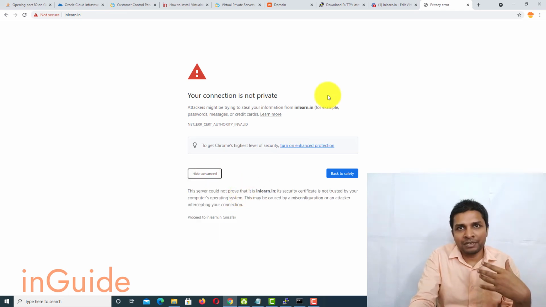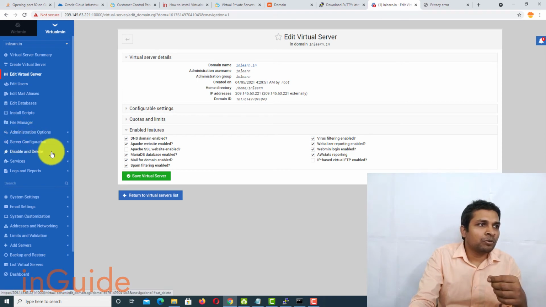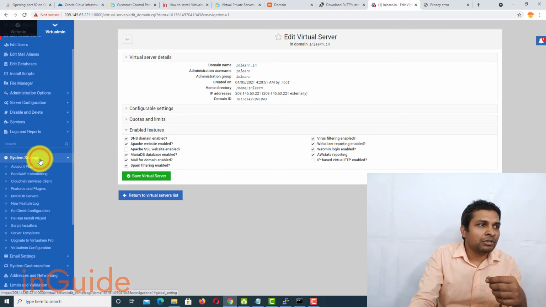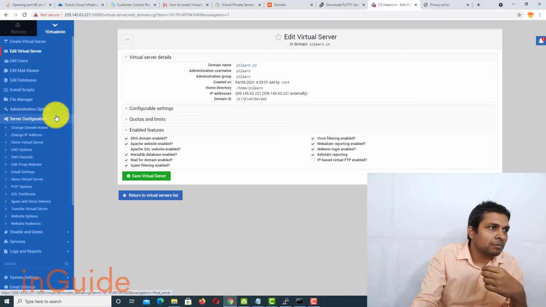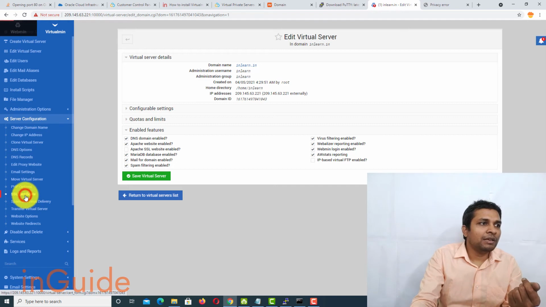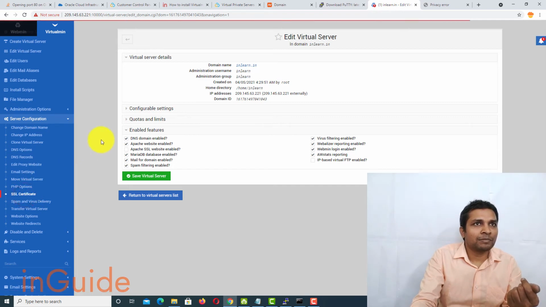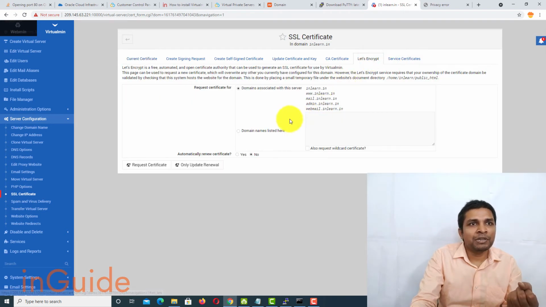This means Let's Encrypt SSL certificate has not been imported. So what you have to do is to go to server configuration, and in here SSL certificate, and then you have to go to Let's Encrypt, and then here you will see domains associated with this server.